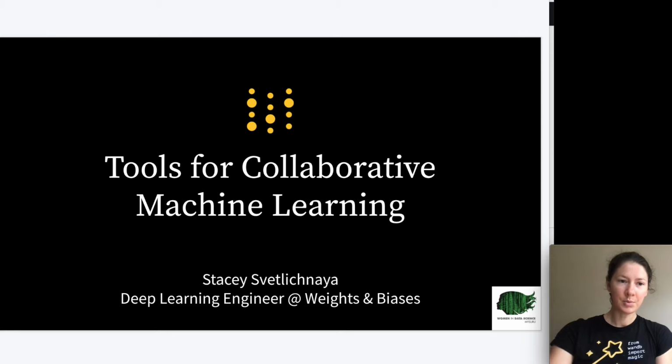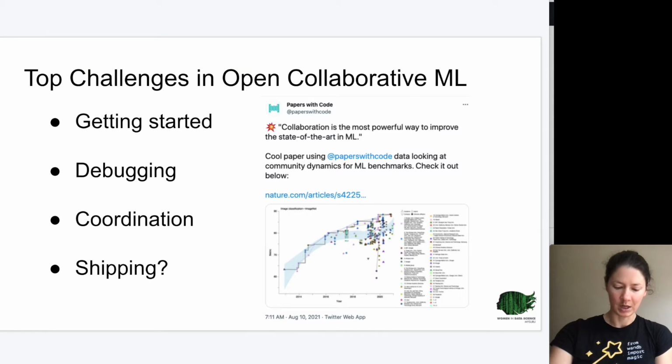When I've done an informal poll giving an earlier version of this talk, folks said that the hardest parts of working together on an open collaborative machine learning project were getting started, the setup of the existing code and the environment, followed by debugging, running into issues or regressions or getting stuck, and finally by coordination, or tracking and organizing next steps and who does what. Interestingly, in that poll no one voted for shipping, or making sure others can use your model or reproduce your results, which means either that part is very easy or very few people get to that point.